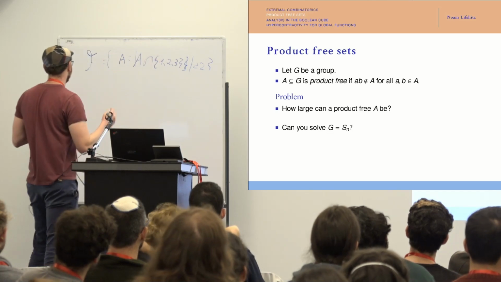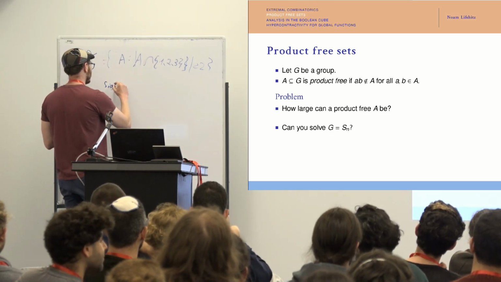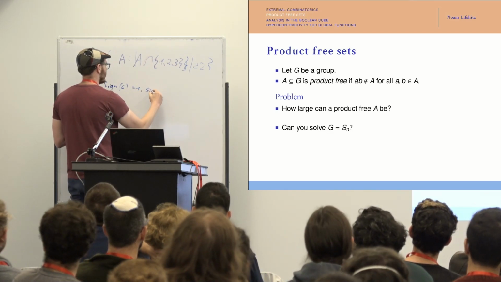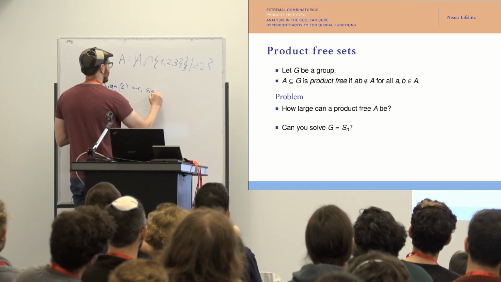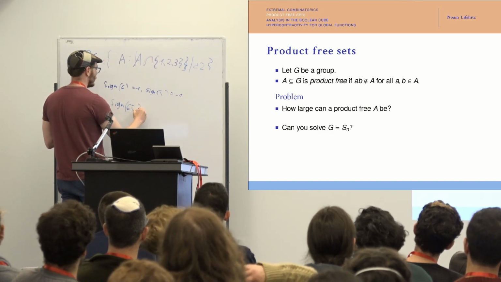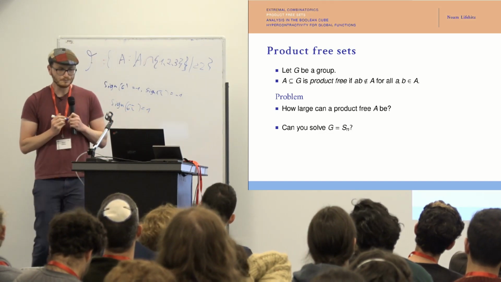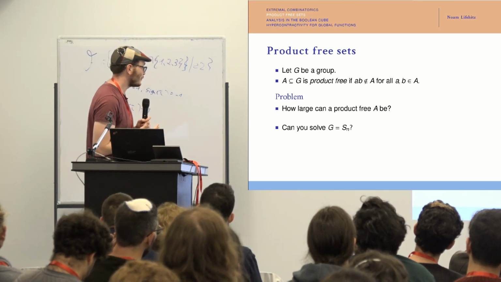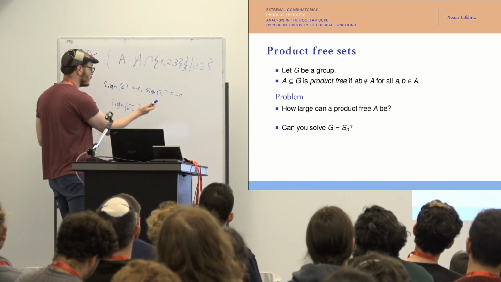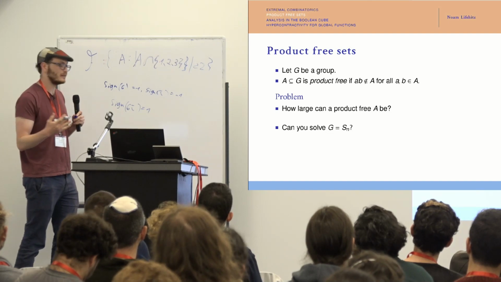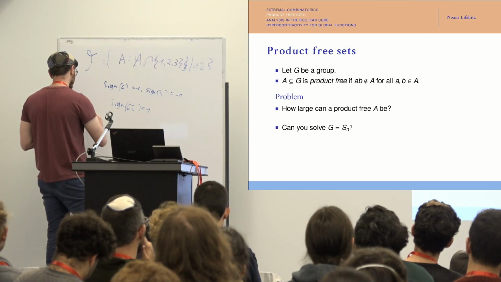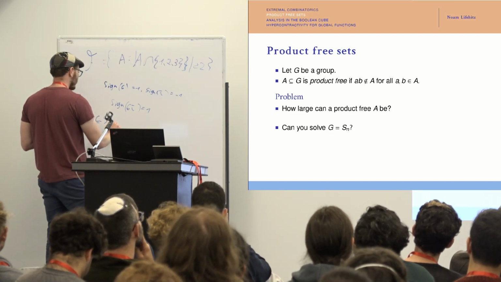So if the sign of sigma is -1 and the sign of tau is -1, so if we have 2 odd permutations, then the product is going to have sign 1. So the set of odd permutations is a product-free set, and it's also the largest product-free set, because if we have a subset of Sn and it's product-free,